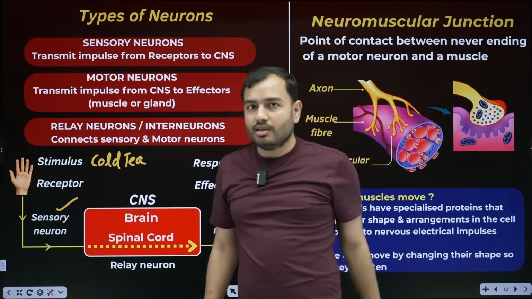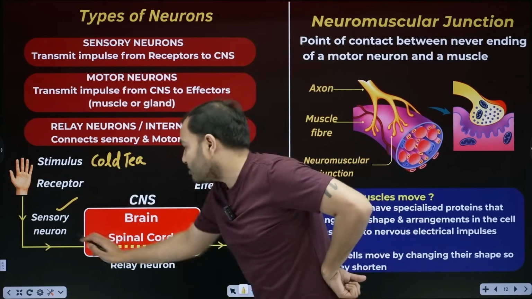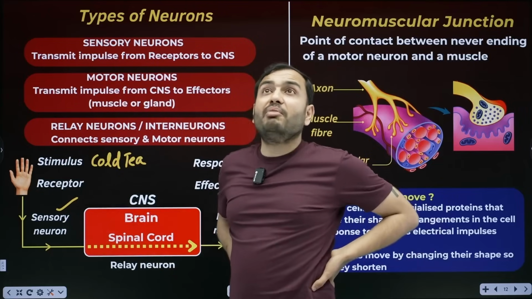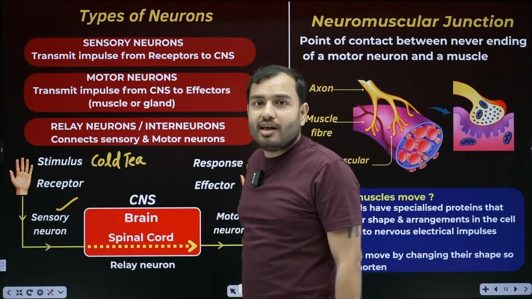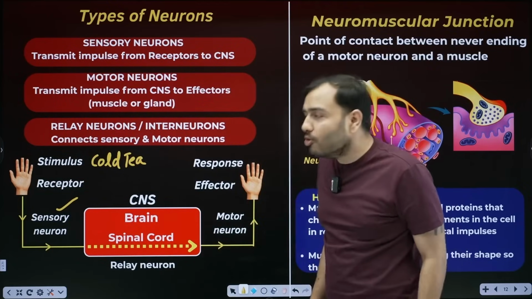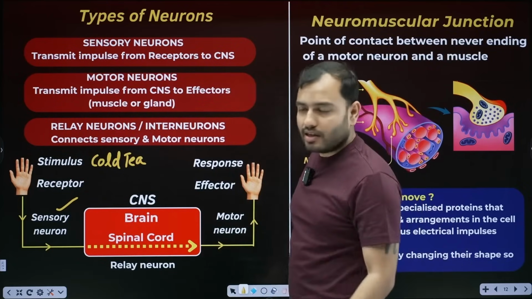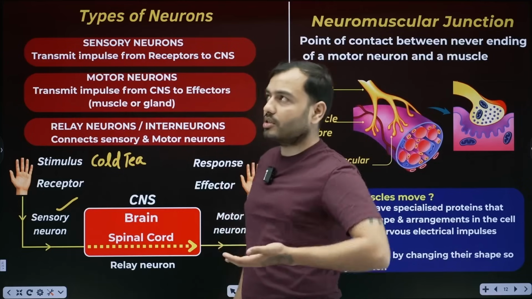Okay. The brain found out, the spinal cord found out. Where did it reach first? It reaches the spinal cord. The spinal cord touches the brain. What should we do? First the spinal cord. Where will it go first? Where does any file go first? It goes to the Home Minister, sir. Sir, please see this file. Home Minister sir: okay, let me ask the Prime Minister.